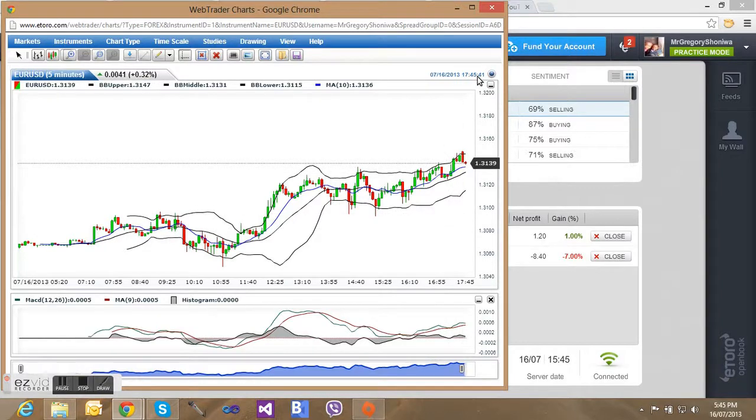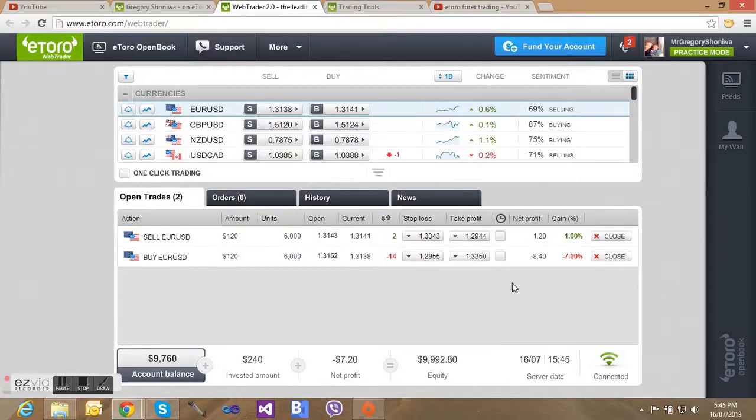But I know my buy, because it's a general upward trend, is going to definitely move up. I'm not really sure when, but basically it should generally move up. Okay, I've made $1.20. Okay, so